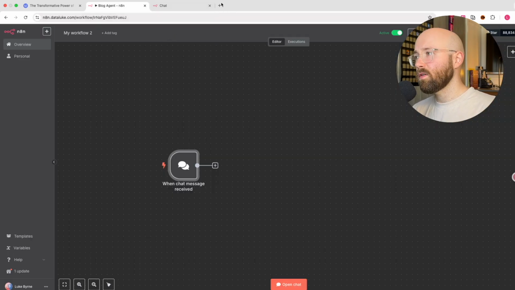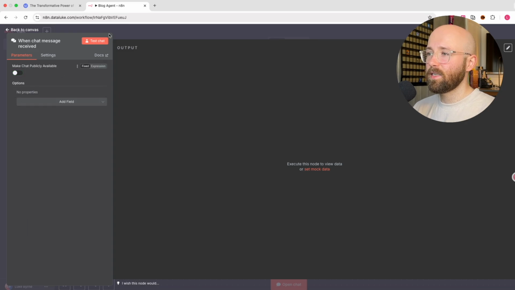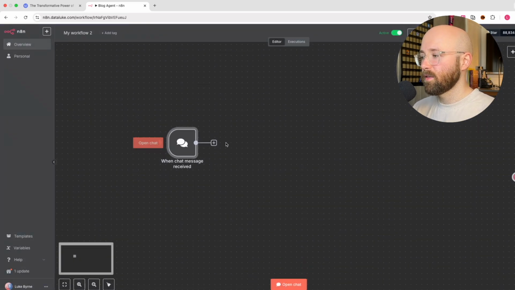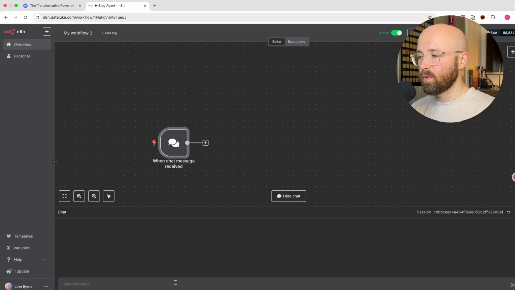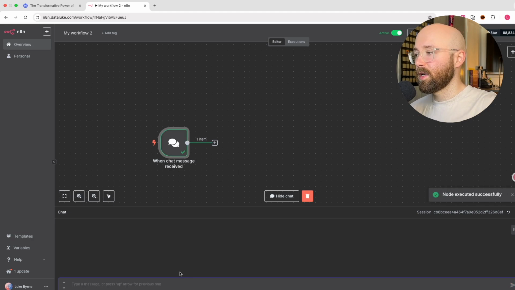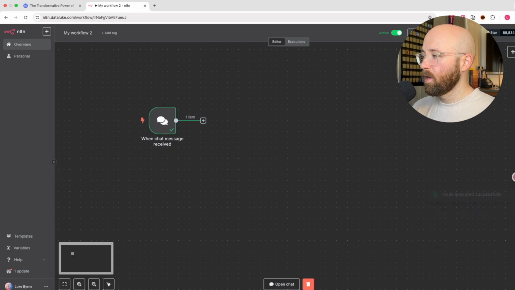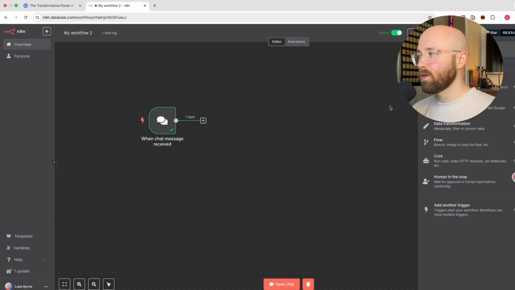So we're going to switch that off just right now because it's easier to test inside here, but we'll put it back on at the end. So to test it inside here, we just open chat. You can just type away in here, but as you can see, we get no response because we're not connected to anything. So what we'll connect to first, just to show you how it works, is we'll connect you to